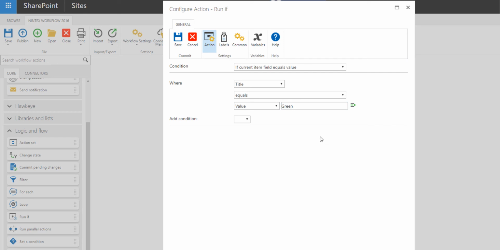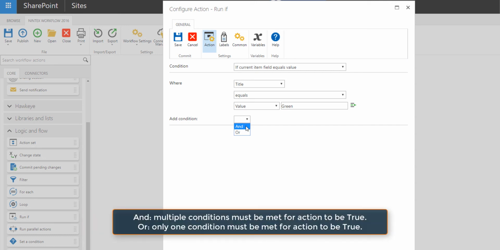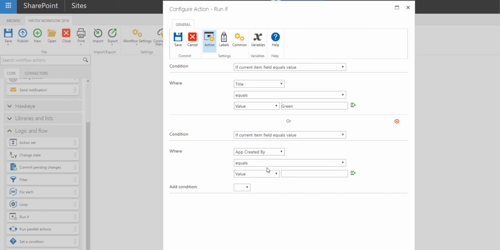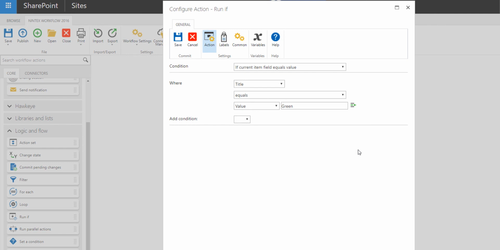And then we are able to add additional conditions by clicking add condition. And from here you can choose and, which means that multiple conditions have to be met for the nested actions to execute. Or you choose or, which means this or this has to equate to true for the nested action. So if you need multiple values to become true, then you choose and. If you need one or the other, choose or. If you don't need it, but you accidentally selected it, click on delete. We only want to use this one condition, so we'll say if title equals value green, then execute the nested